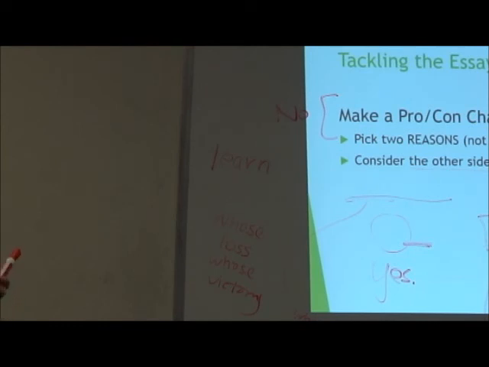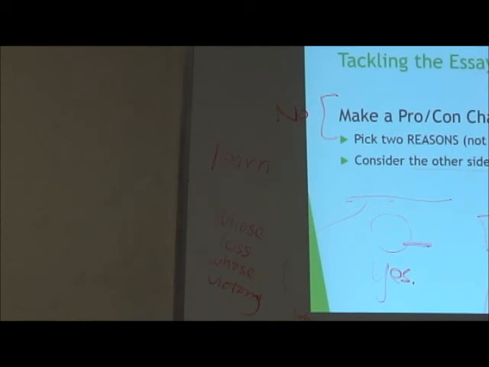And then when you look at it, you want to make a pro-con list. So you want to have 3 body paragraphs. 2 is the minimum if you can't write a lot, but you want to try to go for 3. So what I would usually do is make a pro-con list. And then the first one that you have 2 for, that's the side you're going to pick. And the one that you only have 1 for, that's going to be the side that's your counter-argument.